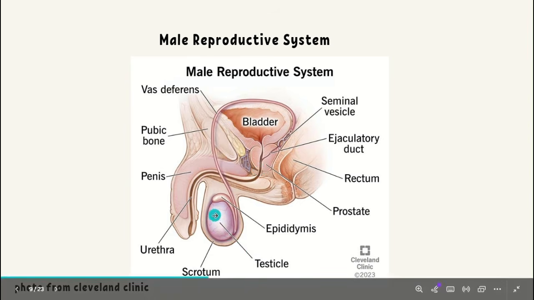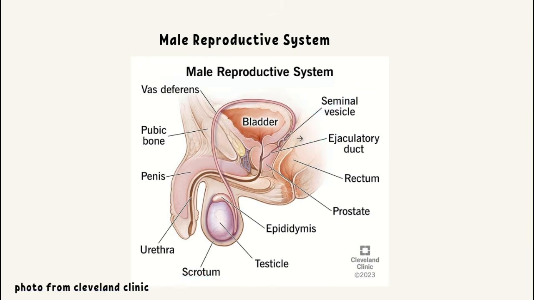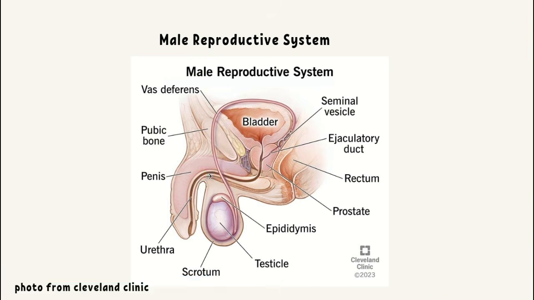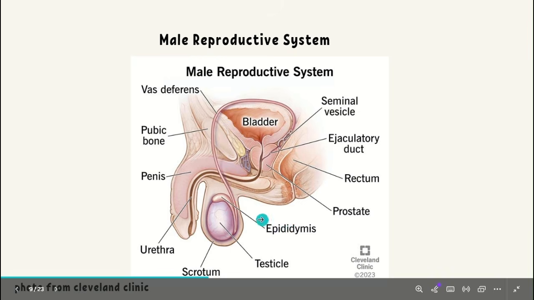Then you have the testes. So basically, it's located within the scrotum, as we can all see right here. This is the scrotum, and it's basically responsible for producing sperm and the male hormone testosterone. So the sperm is produced, and the vas deferens transports it to the seminal vesicle. Seminal vesicle makes the semen, right? So we already get that far. And then the urethra here is what carries urine and semen out of the body, right? And then the epididymis,